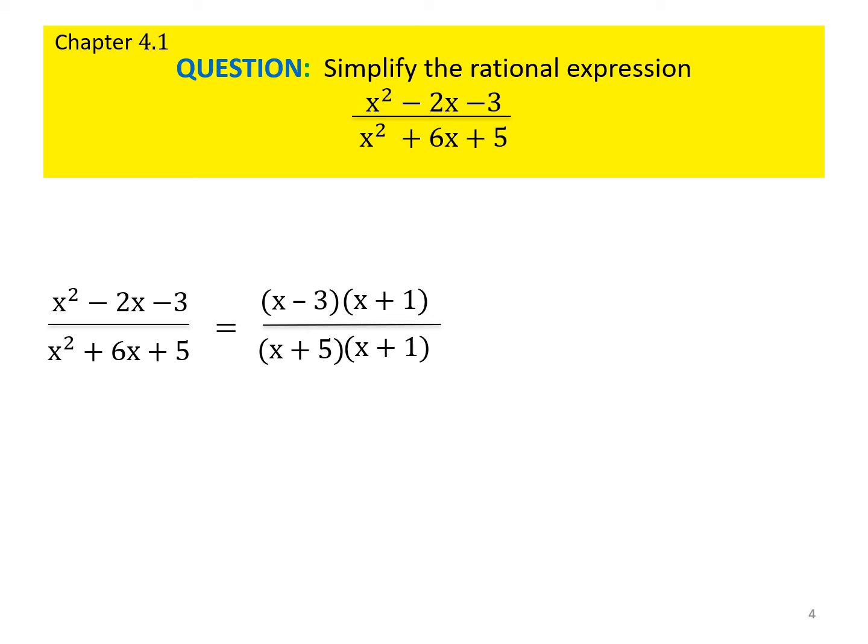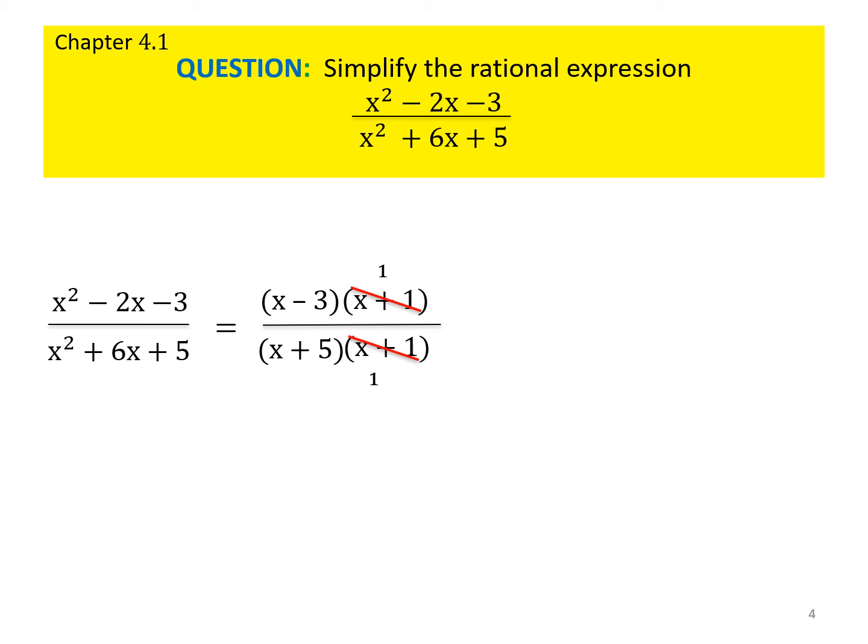And after we factor them, we take a look and check for common factors from the numerator and from the denominator. Now I see an x plus 1 over an x plus 1. You can see that right here. Now x plus 1 is a factor, and x plus 1 here is a factor. So you can choose one from the numerator, one from the denominator. What I do is I go ahead and cross them both out, and I will put a 1 there. Why? Because remember, anything over itself is a 1.